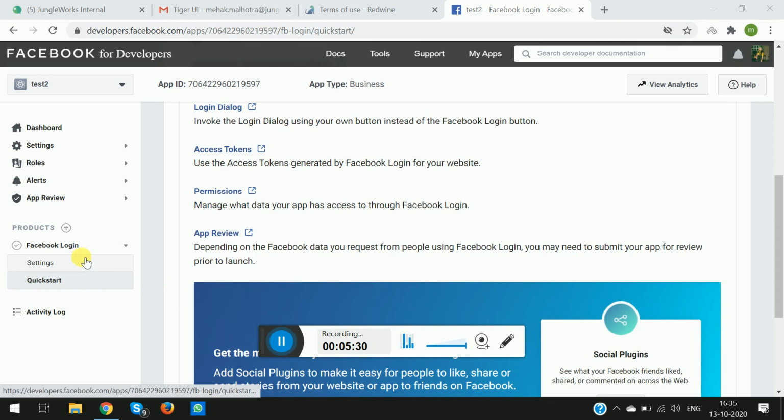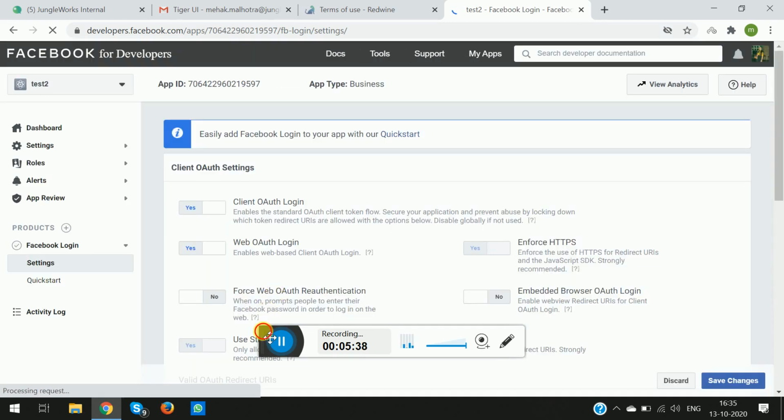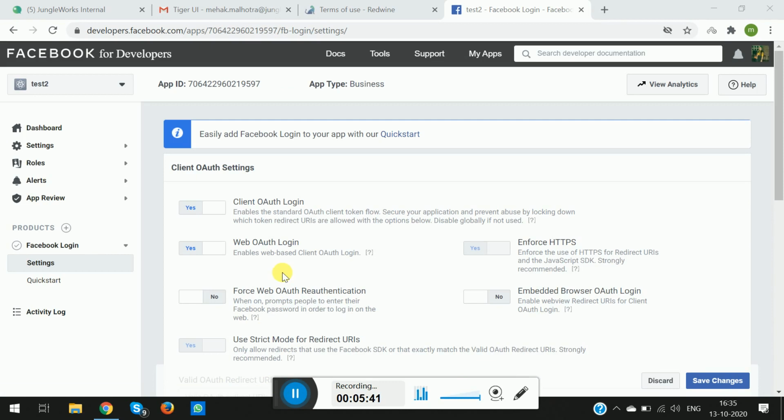Last steps would include clicking on Facebook Login and Settings. In the settings option, make sure a few toggles have been set correctly. For example, the client OAuth login has to be yes. The web OAuth login has to be yes.